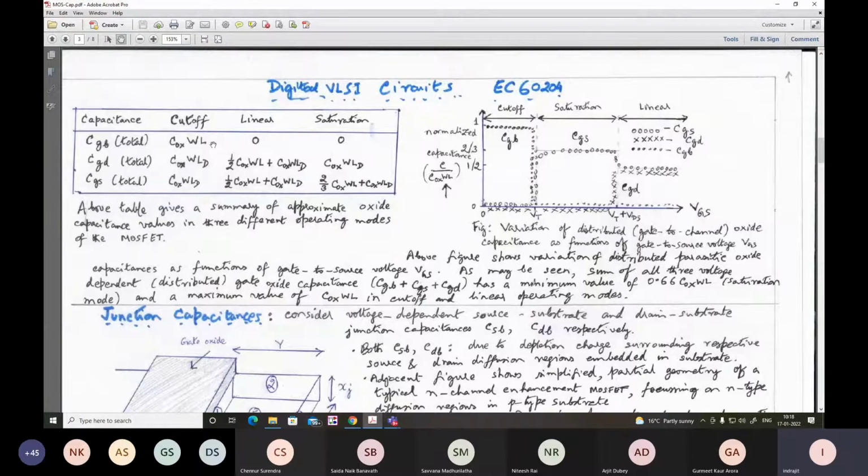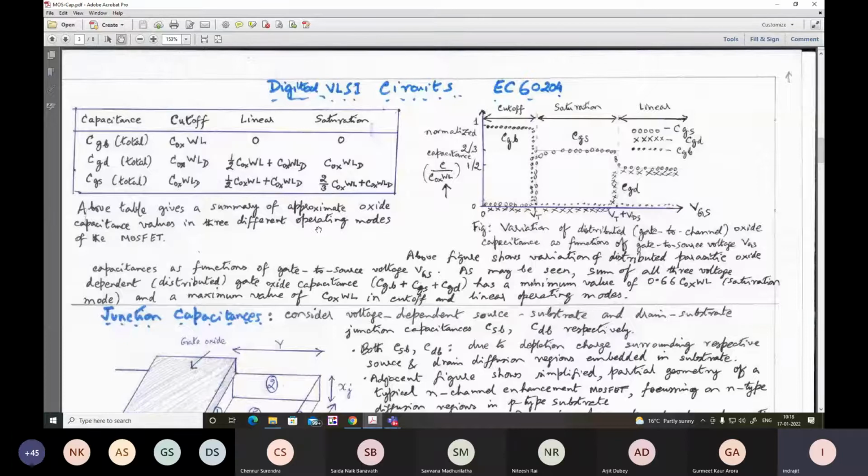In the cutoff region, obviously the entire capacitance will be taken to be this, and also taken into account is the overlap capacitance, which will always be present. Later on, this overlap capacitance will play some important role when we discuss how the capacitance leads to delayed response of the transistors, when they form a part of different logic elements like transmission gates and all that. So that time also we'll have occasion to take into account these overlap capacitances. They cannot be ignored.